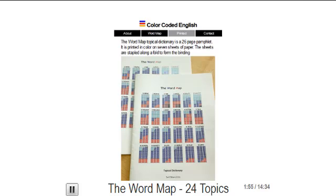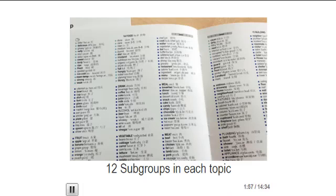Color-coded words in the dictionary are grouped in 24 topics. There are 180 words in each topic. All topics contain 12 subgroups which list words together with similar meanings. There is a printed version of this dictionary and a free web-based version which offers a variety of features for